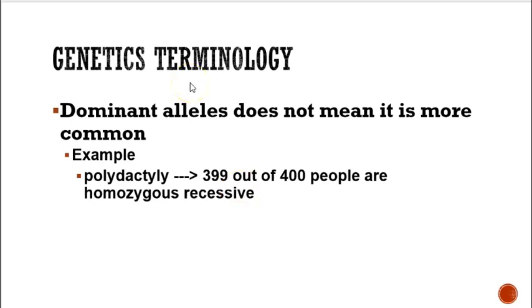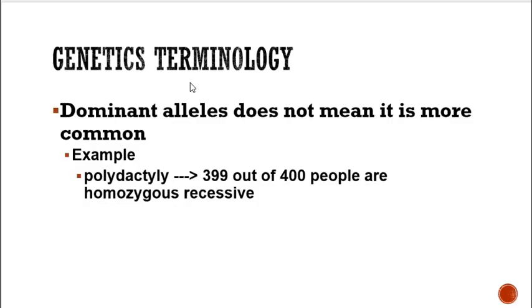All right, so we've been talking about the genotype and the phenotype. The genotype being the allele combination and the phenotype being the physical expression of that allele combination. So with genotype, we said a heterozygous individual has a dominant and a recessive allele. When we use that term dominant, it's not referring to the fact that it is the most prevalent allele in a population, right? So when you hear the word dominant, I don't want you to think it's dominating the population, because that's not true. All right, so it doesn't mean, as it says, that a dominant allele is more common